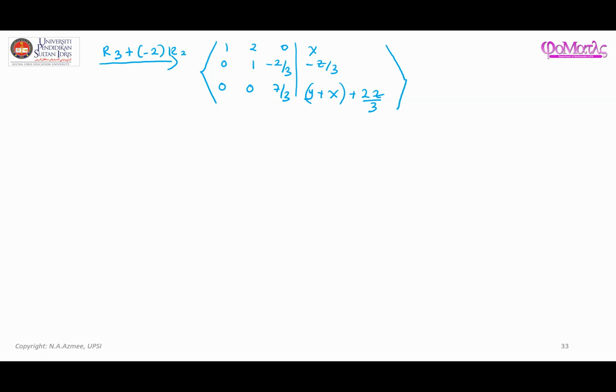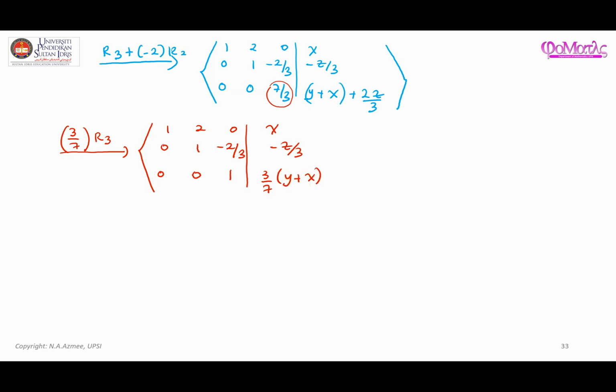Okay, and next what I can consider is I will turn this into the value of 1, and therefore I need to multiply the third row by 3 over 7. So the result that I shall get is as such: 0, 1, negative 2 over 3, negative z over 3; 0, 0, and this one will become 1. So 3 over 7 times y plus x, plus, since 3 over 7 times 7 over 3 is 1, we have 3 over 7 times 2z over 3, which you can see can be cancelled out. Okay,